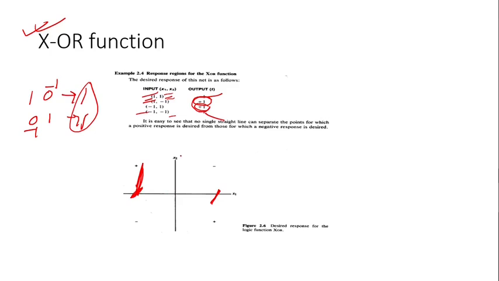What I'm trying to say is that these are the two positive cases. When x is 1 and y is minus 1, this is positive. And when x is minus 1 and y is 1, then also it is positive. So these two are the positive instances. But how do you separate them? You cannot